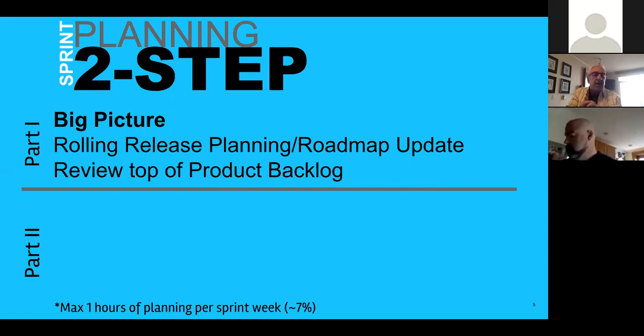So in part one, we involve the product owner to a pretty large degree, and we take a look at the big picture. Where are we right now? What does the product backlog look like? Any surprises on it since the last time we all sat down and looked at the product backlog together? How are we doing in terms of our release plan or our roadmap? Those are the governing longer-term views